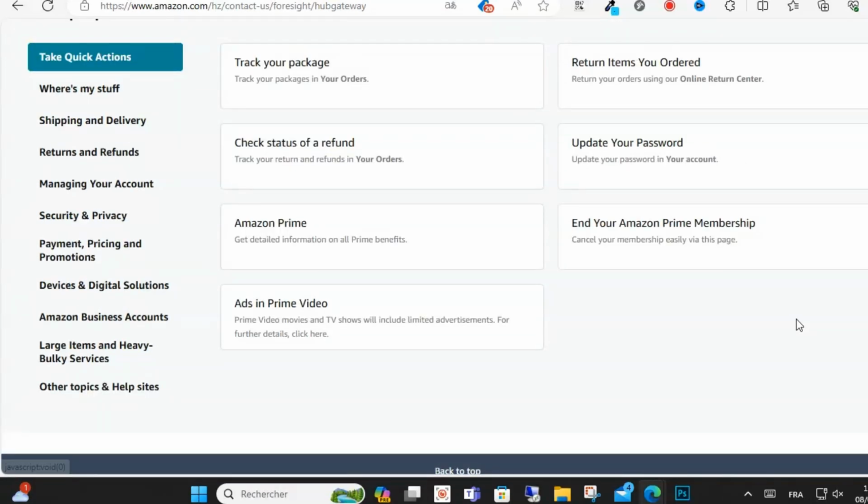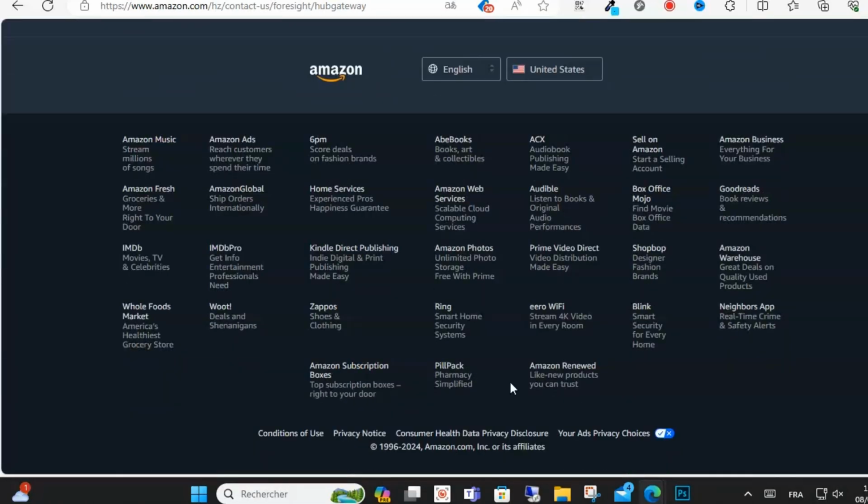However, if you are not sure, then you can click the something else option. After that, your temporarily locked Amazon account will be